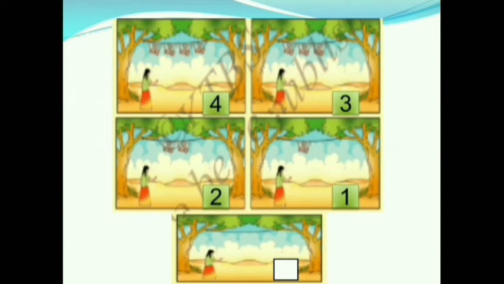See the last picture. Are there any monkeys? No, there are no monkeys. If no monkeys are there, then how will you count it? Yes, we will count it as 0. There is no 1, there is nothing. These terms are represented by 0. So we will write it as 0.